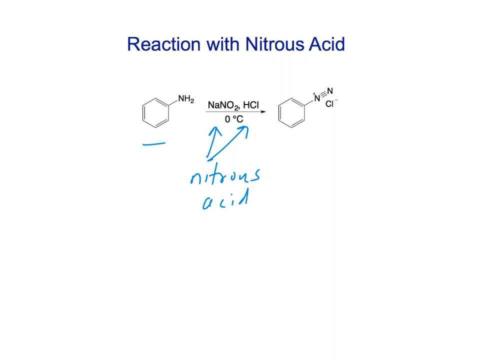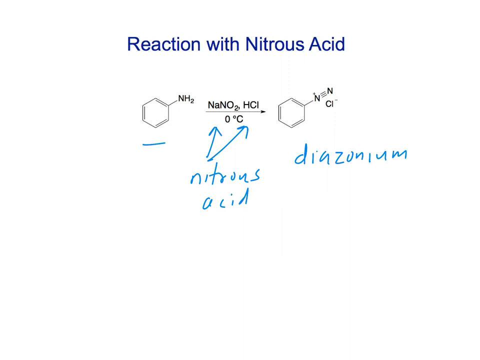It protonates the nitrogen there. And so the nitrogen's going to end up being connected, and we get this compound over here that's kind of interesting because it essentially has this N2 group attached, and this is called a